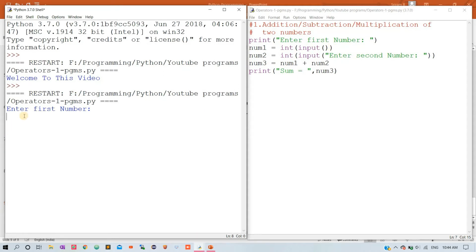So let me enter the number 15. Next, if you click enter, then it executes the second statement, enter second number, and gets the input alongside the printing statement. So I can enter the number here as 10. We should get the output as sum equal to 25. Let's see. Yes, we got the output as sum equal to 25. So this is the basic